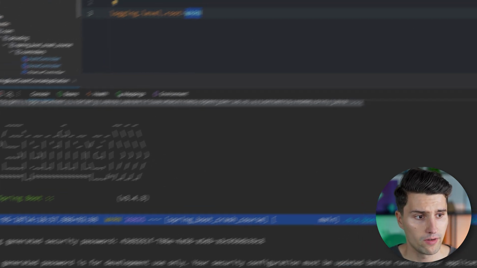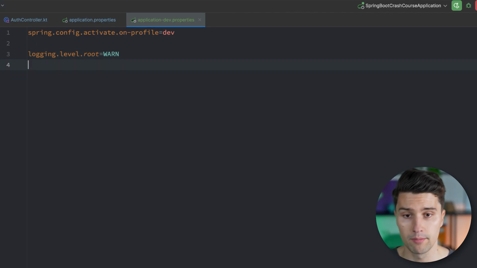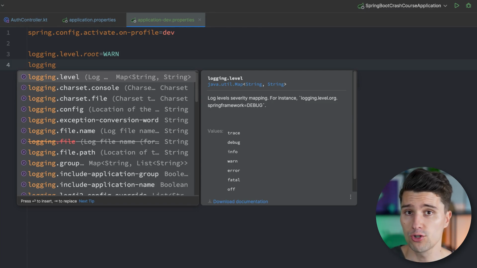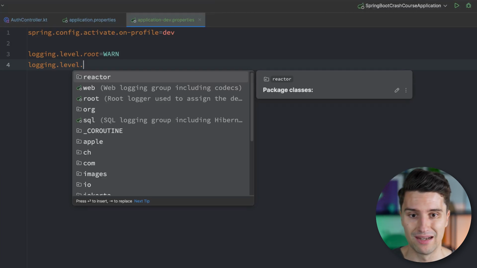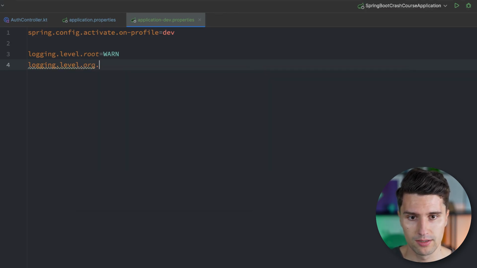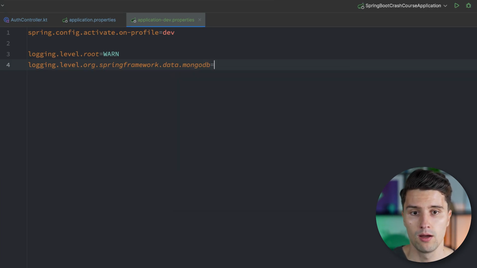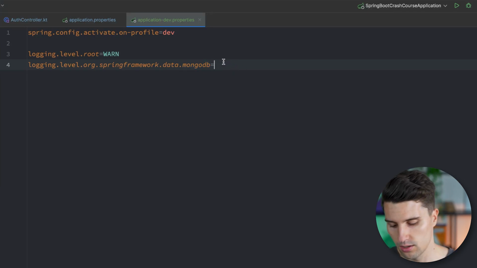However, that is usually not what you want to do generally. Very often you have some libraries where you want a bit more fine-grained control over your logging, for example MongoDB. What we can now do is define a more fine-grained log level just for a specific library, just for a specific package. That works by saying logging.level and then simply appending the package name of the package that we want to set a minimum log level for, for example org.springframework.data.mongodb,